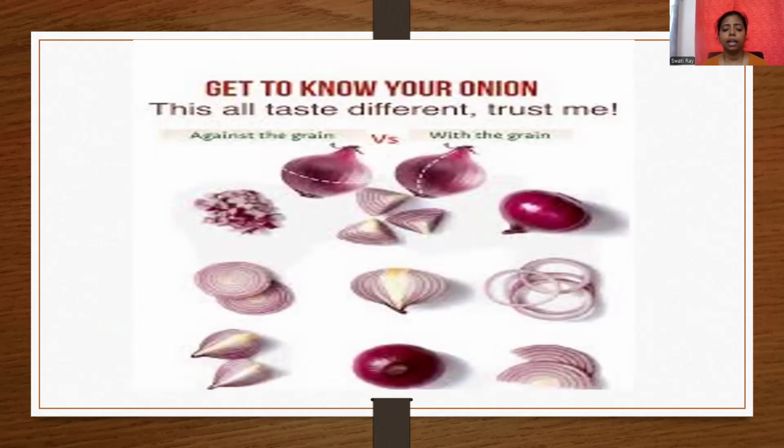Now, you can see in the figure that there are different cuts of onion shown. There are two ways to cut the onion. One is against the grain, another is with the grain. Whenever you are cutting the onion with the grain, the flavor is very subtle and you have less pungency, less strong flavor. It will turn towards a sweeter variety. And whenever you are cutting the onion against the grain, it will release more and more lacrimator. It will have a strong pungent smell. And whenever you are cooking this onion, it will release even more strong flavor compounds.